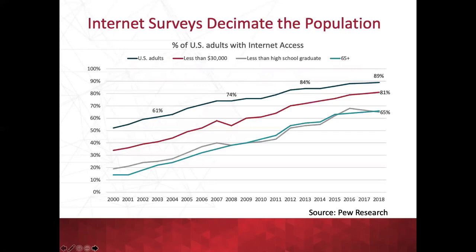And even as we think that internet penetration is so high today that it has solved a lot of these problems, even in countries like the US that have been using the internet for a long time, you'll see that this isn't the case. So 9 out of 10 US adults are on the internet, and you can imagine that the 1 out of 10 who aren't are very different than those 9 out of 10.